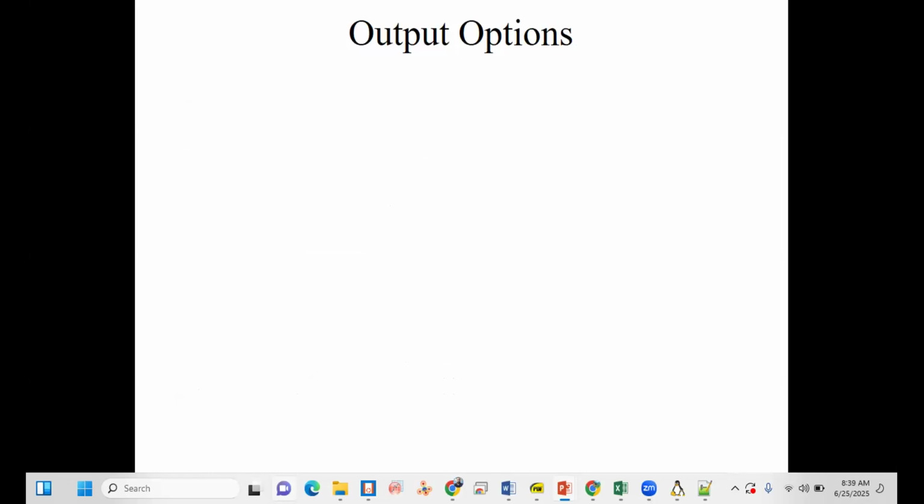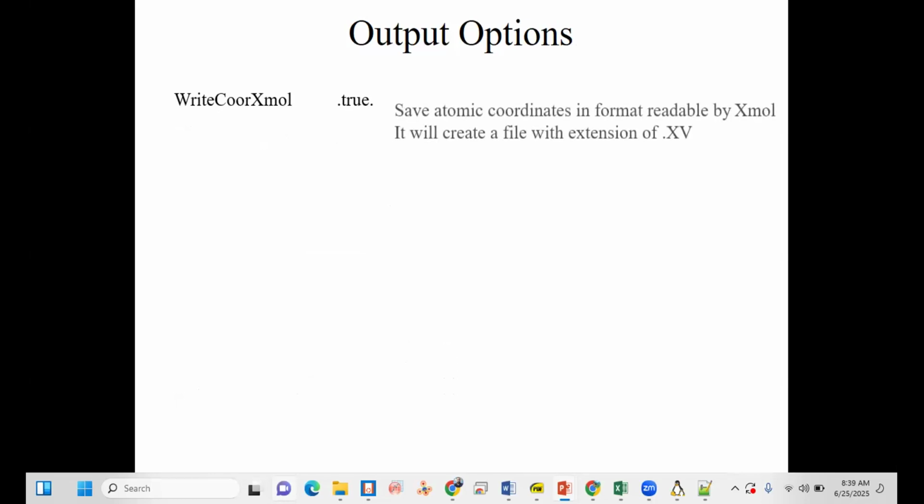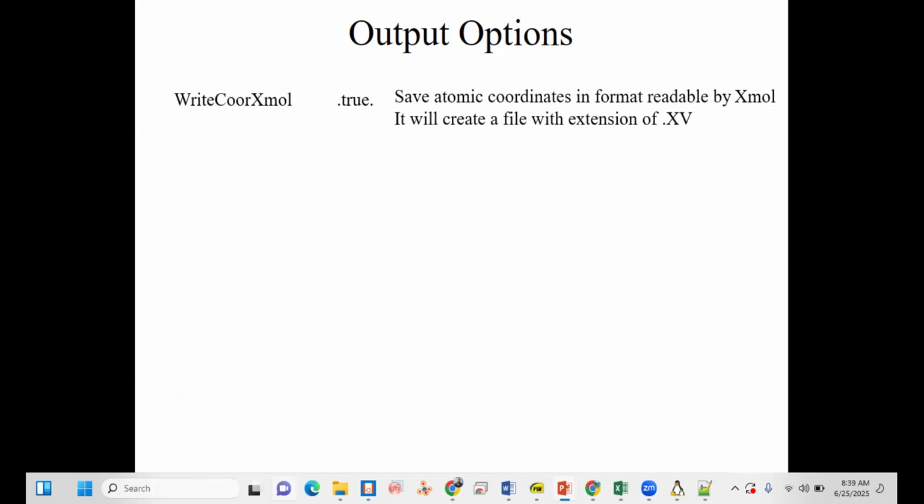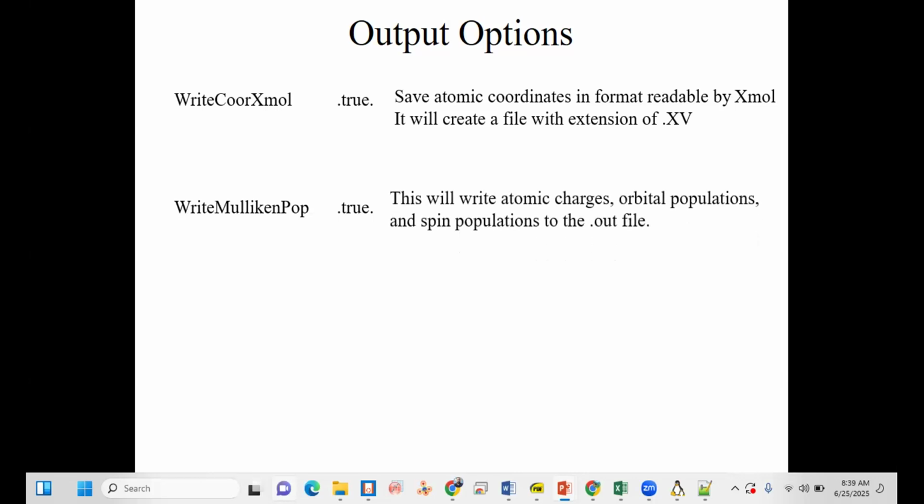So what are the output options for us? Write the coordinates for us, which can be readable by XMol. It will create a file with the extension XV, and write Mulliken population, that is what it tells us about.